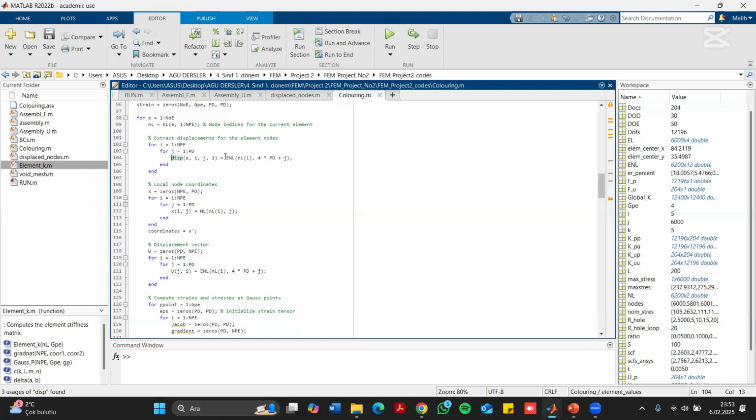So these calculated displacements should get into this matrix to use in this for loop. For the displacement matrix, the first column, actually first row,